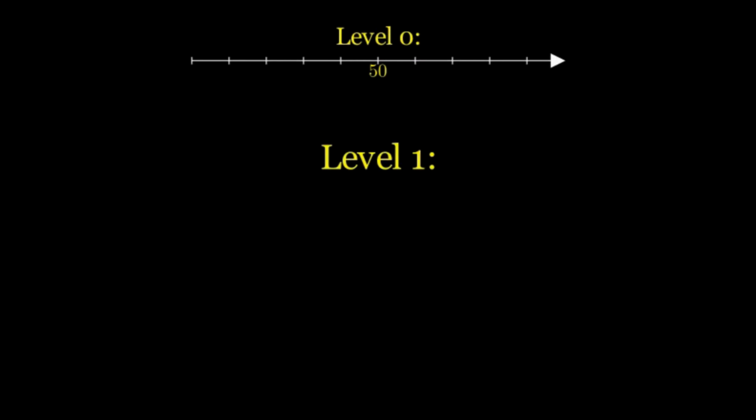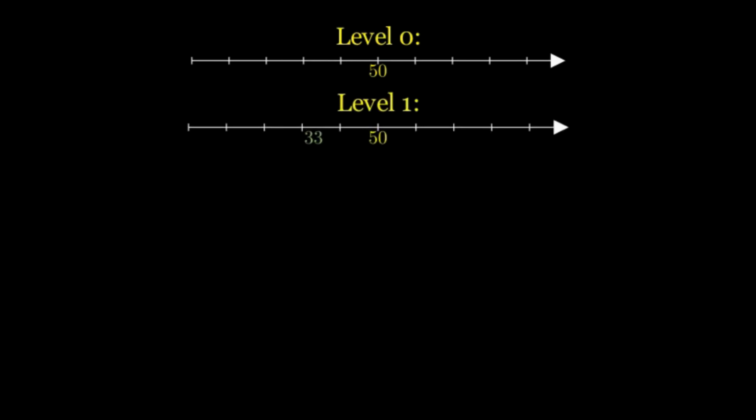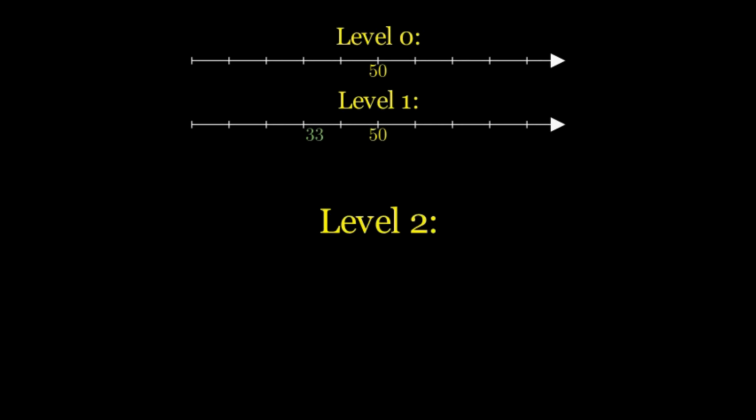For this game, a level 0 player would act randomly and guess a random number. A level 1 player would assume everyone else is a level 0 player and think that the random guesses would average out to 50. Hence, a level 1 player would guess 2/3 of 50, that is 33. Similarly, a level 2 player assumes everyone is a level 1 player and would enter 2/3 of 33. You could keep going on with this logic.